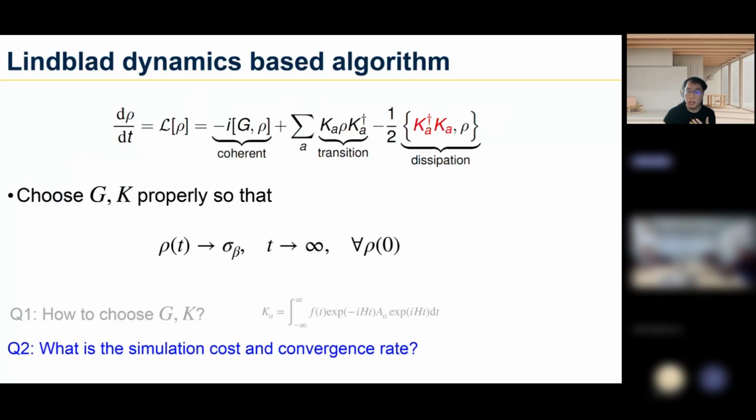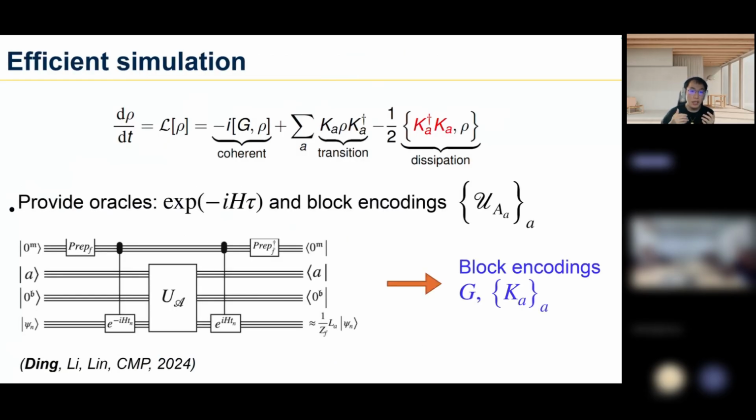Basically, now we already know how to construct this G and K. The next question is how to simulate my linear dynamics. To simulate my linear dynamics, the first thing I need to do is find a block encoding of the coherent term and my jump operator. And in my simulation, I assume access to